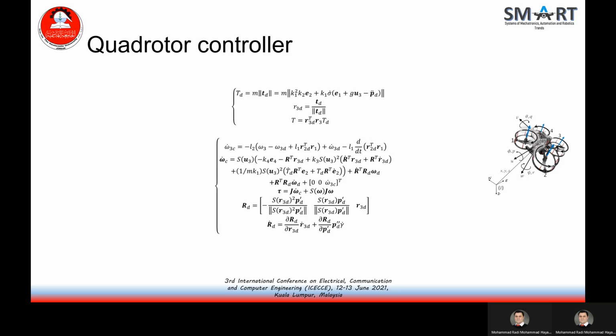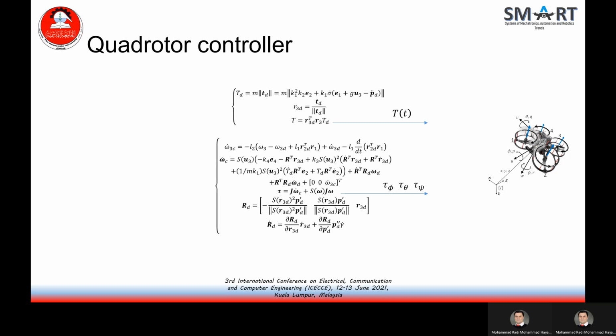Unlike most other control systems that separate the translational and rotational dynamics, the backstepping controller integrates both dynamics in one control loop. The objective of this controller is to ensure convergence of the quadrotor position to the desired path. The control law generates four actuating signals, one thrust and three torques, and a timing law for the path parameter that guarantees convergence of the quadcopter position to the desired path.